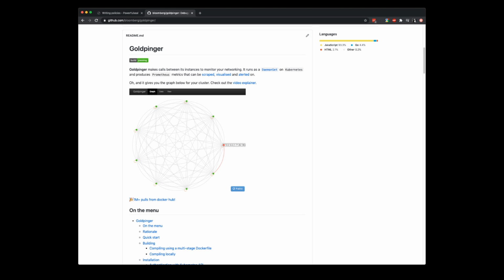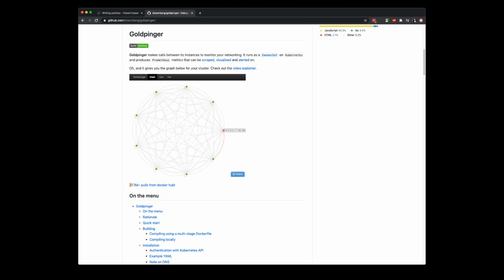But the default use case is that you use a daemon set so that you run an instance of Goldpinger per node, and then they continuously create this full graph of connectivity between the nodes that you can use to verify whether there are any issues connecting, or whether your networking is slower between certain nodes and stuff like that.